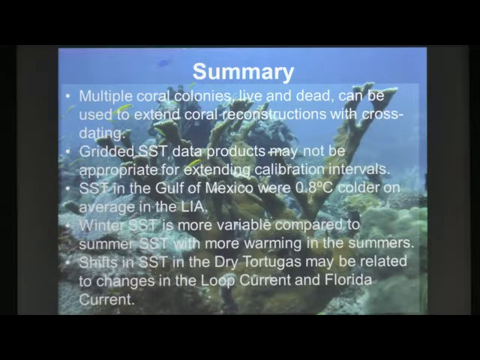So I already mentioned the interannual variability. There's no correlation with El Niño. There's no correlation with the AMO. So we don't see either of those in this record. What I think we're seeing is variability from the Loop Current. So looking at the high resolution data, that's telling us this is a very noisy part of the ocean for looking at trends.